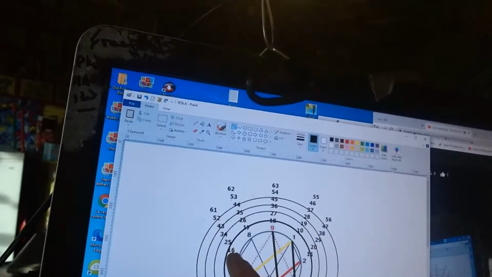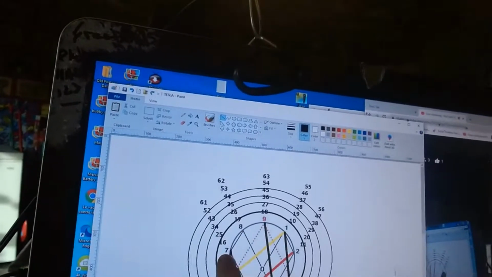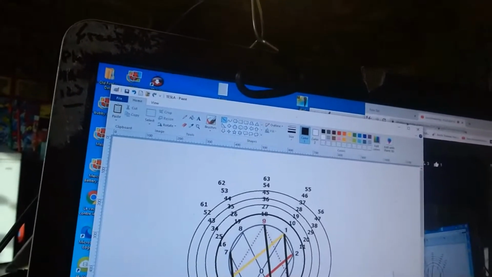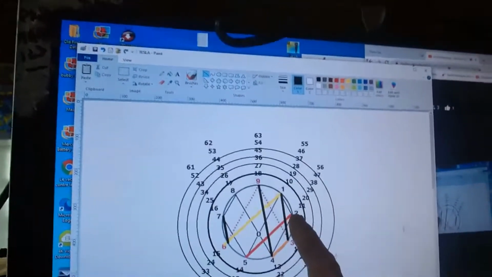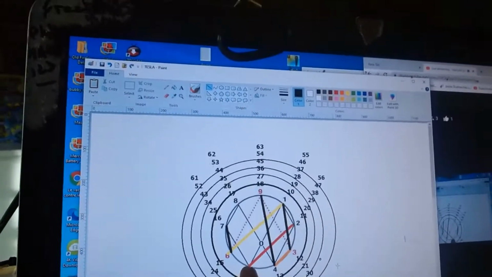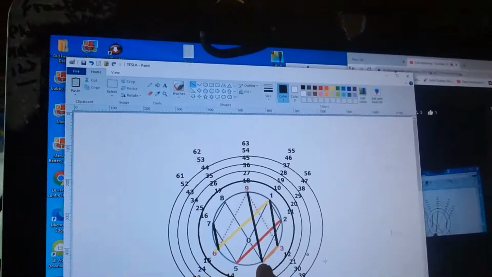Between 1 and 6, 7, 8, and 9, 17, 24. And on this side, it's 12, 14. 14 and 24 is 38. Between the 2 and the 5, 7, there was 7 below